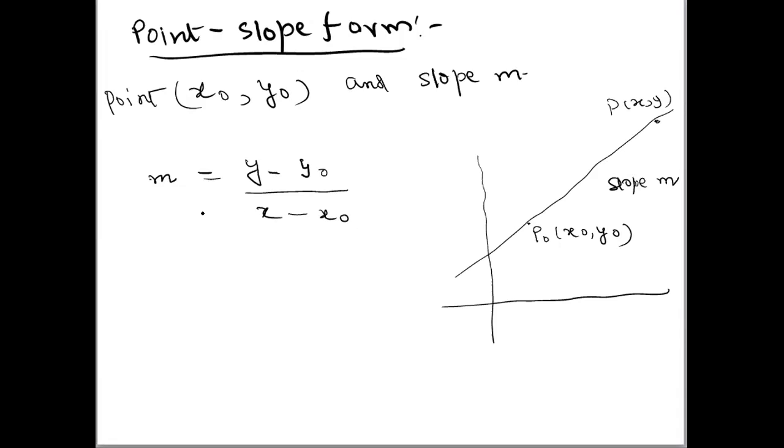I haven't done anything new. I have applied the concept which I already know. I know the formula of slope m is equal to y2 minus y1 upon x2 minus x1. So my y2 is point y which is unknown, minus y0 upon this x minus